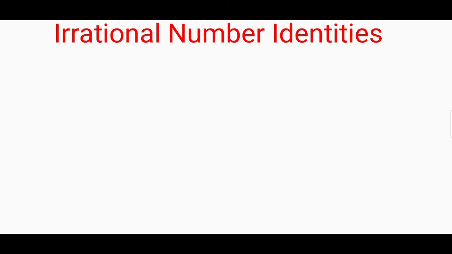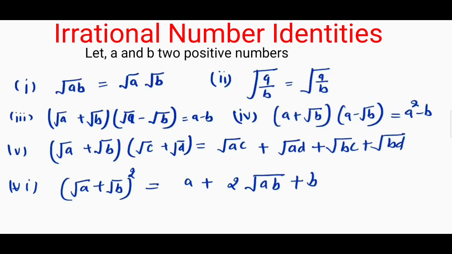Now let's discuss some identities of irrational numbers. For that, let's take a and b, two positive real numbers. Then these identities are: the first identity, square root of a multiplied by b is always equal to square root of a into square root of b, means we can separate them. And second, we have the square root of a divided by b is equal to